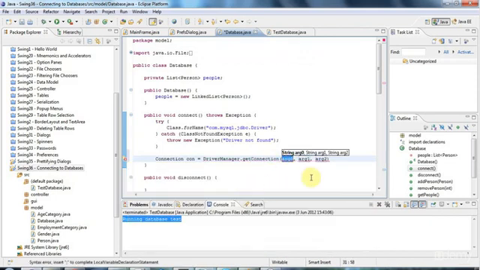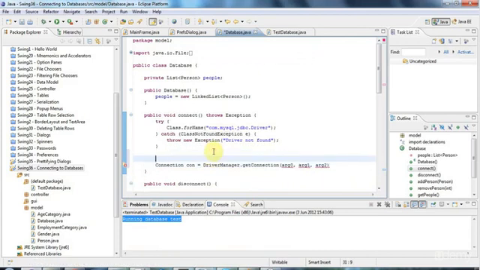Now the first argument here is a kind of connection URL string, and it looks something like this. So let's say string connection URL. I'm not sure if URL is quite the right term. I think it is actually, but that's going to look like this. JDBC, the name of the technology I'm using to connect, and I'm going to connect to a MySQL database, and then we have what looks a bit like a drive specification. So if I remember rightly, it's colon slash slash, and then we need localhost, because I'm connecting on this machine